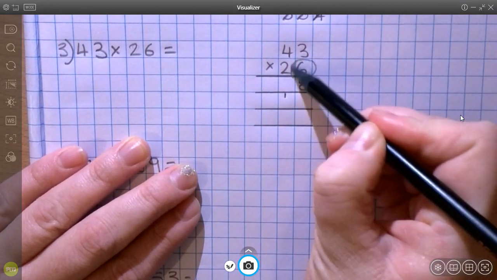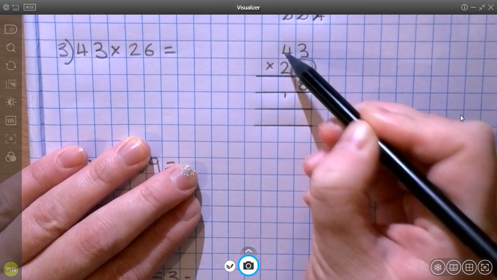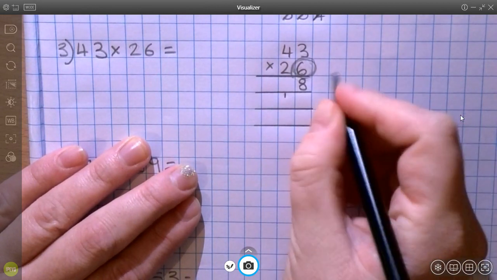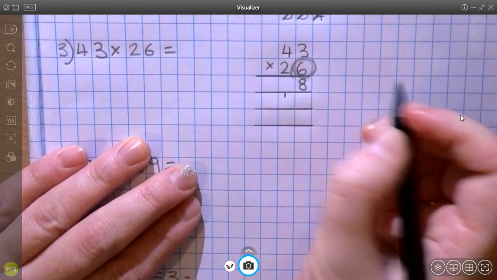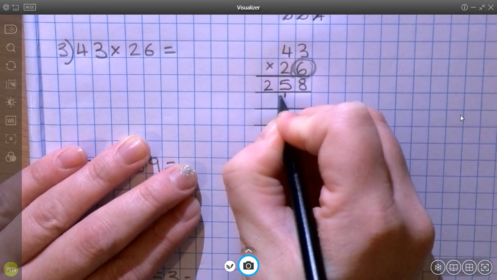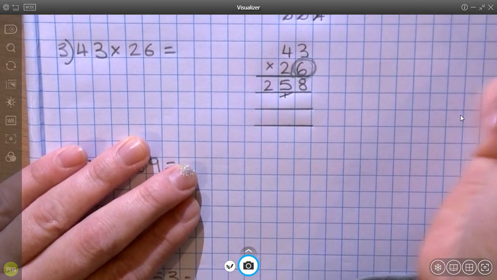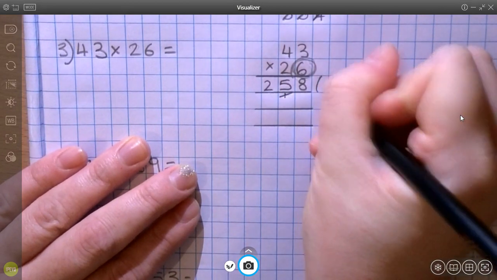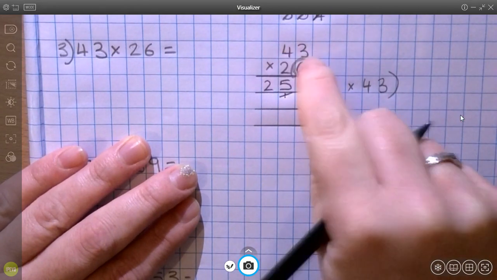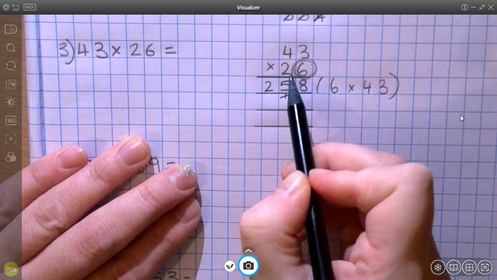Now I'm still multiplying this number in the ones column, but now I'm doing it just like before, 6 times 4. So 6 times 4 is 24, add on the 1 is 25, and I've got nothing to multiply afterwards, so I'm going to put in my 25 complete and then cross out that 1 so I know I've used it and I don't get confused in a minute. So far I have done, I'm going to put it aside so you know, 6 times 43. Now I need to move to the tens column, and I'm going to multiply using this number,